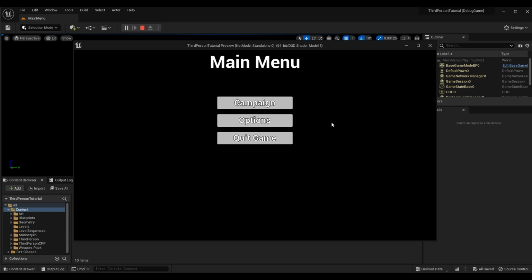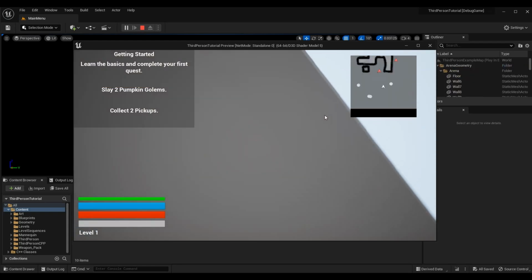All the overlap logic will still work, but we're just improving this system further so that we can use both hit scan and overlap at the same time. And the hit scan is going to do exactly what we want. So if we come into our game here,